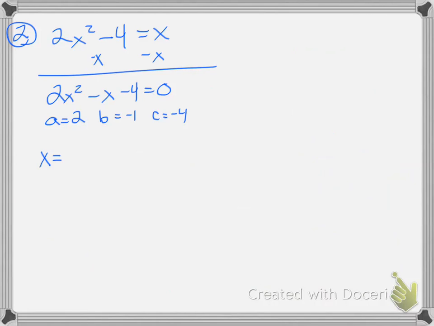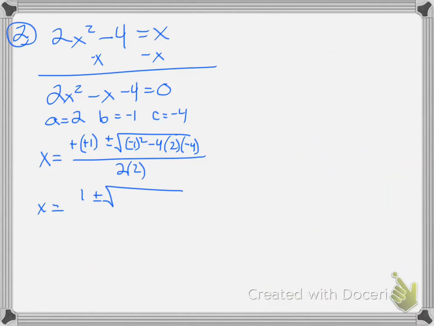So I have x equals the opposite of b, so that's going to become positive 1, plus or minus the square root of b squared, negative 1 squared, minus 4 times 2 times negative 4, all over 2 times 2. So I have positive 1